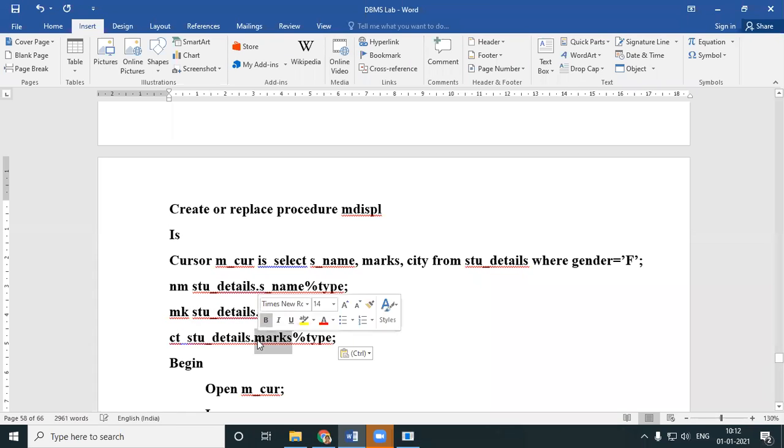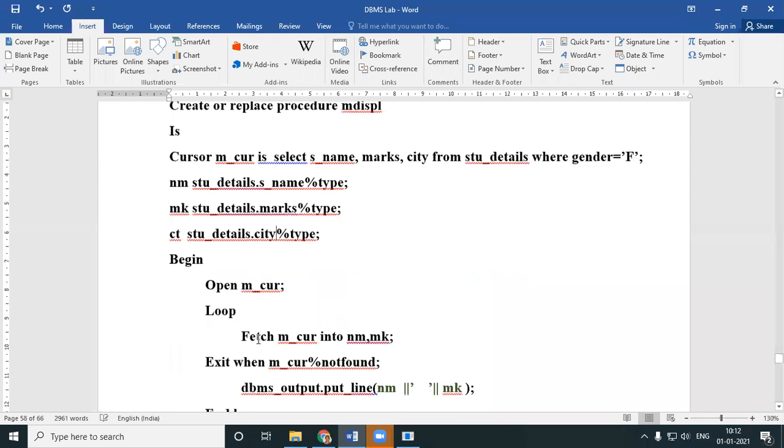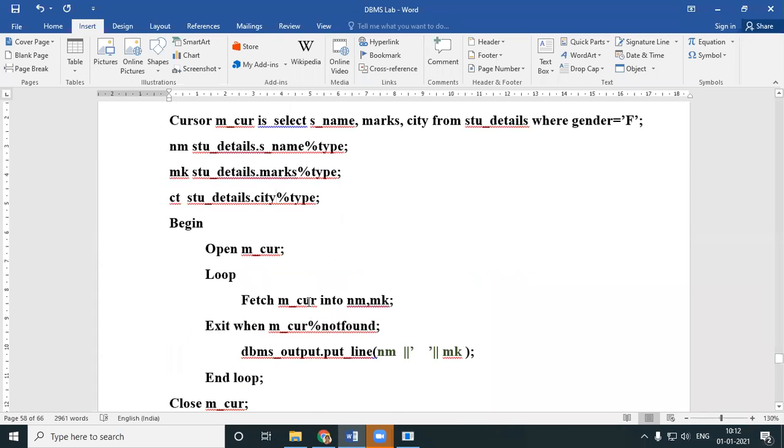Student details, city type. Here, you are fetching your cursor not into 2 variables, you are fetching it into 3 variables. And in your display portion also, you will need 3 variables: nm, mk, CT.